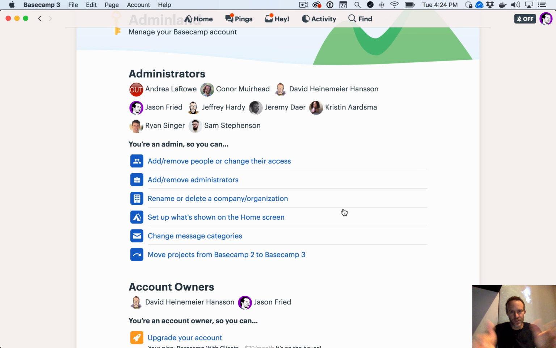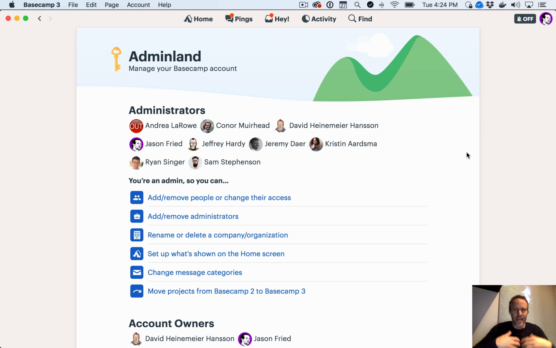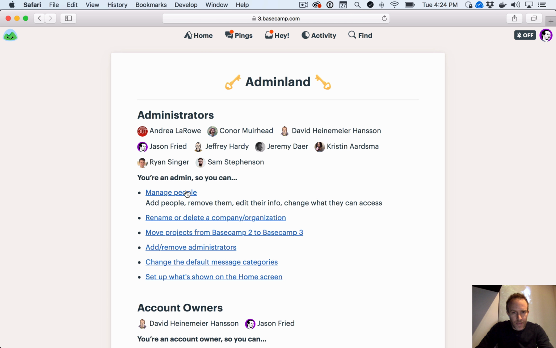It's also wider. You'll see the sheet here. If you go back and forth, you'll see the sheet's wider. It has a better and stronger presence now, and it lines up with all the other pages. But what's actually sort of more in line with the redesign now is, again, if you were to click on like manage people